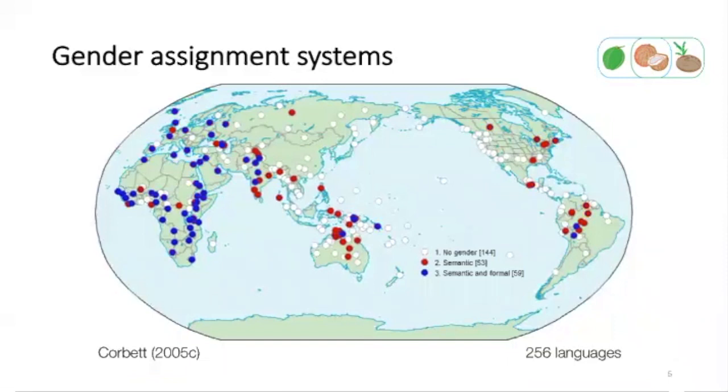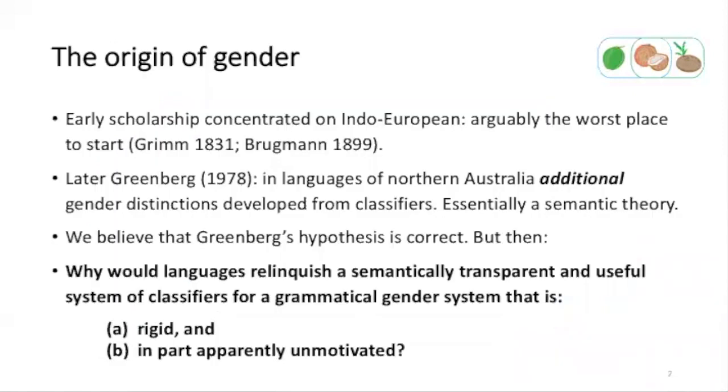Now, the assignment of nouns to gender can either be strictly semantic or a mixture of semantic and formal mechanisms. There's roughly a 50-50 split in the 2 types of assignment systems found in the languages with gender. And we claim that newer systems are semantic, and only later do formal assignment mechanisms develop. In the 19th century, there were big debates on the origin of gender based on Indo-European data. But as Proto-Indo-European already had gender, the origin of that gender system is shrouded in the mists of time.